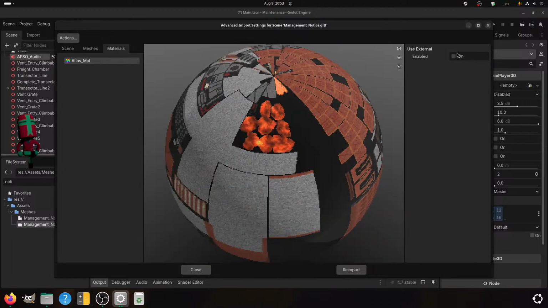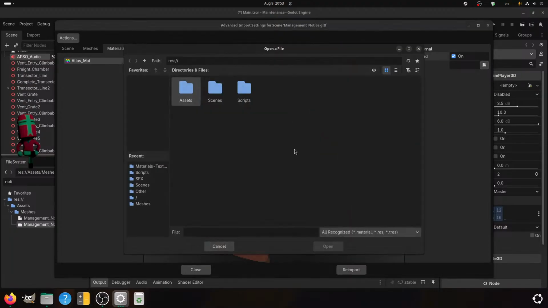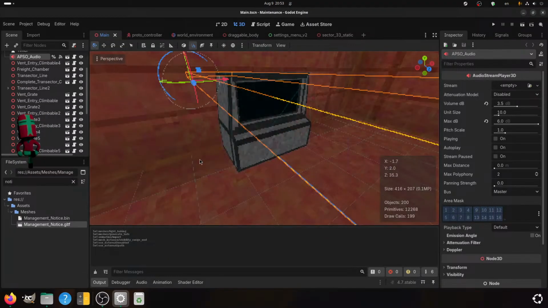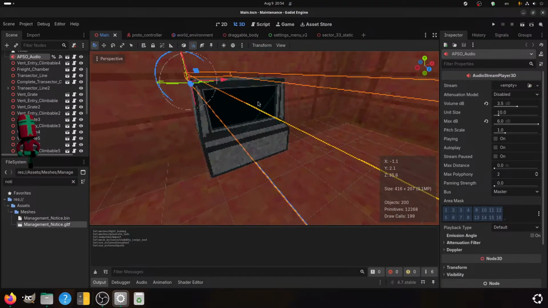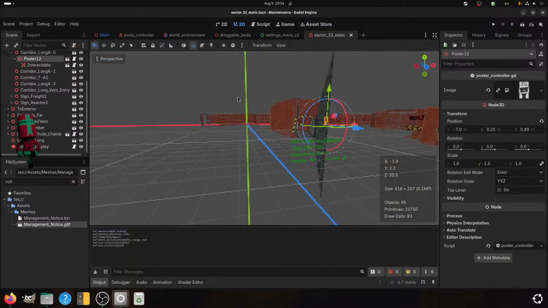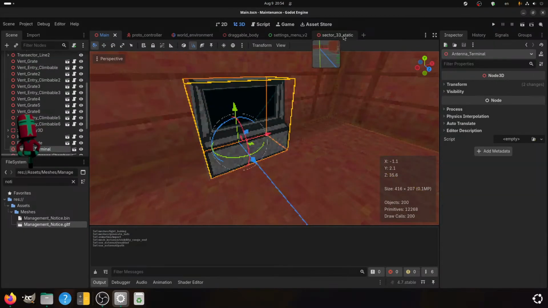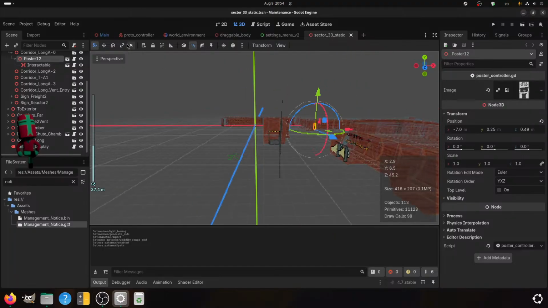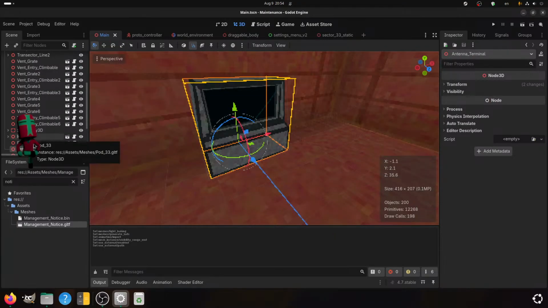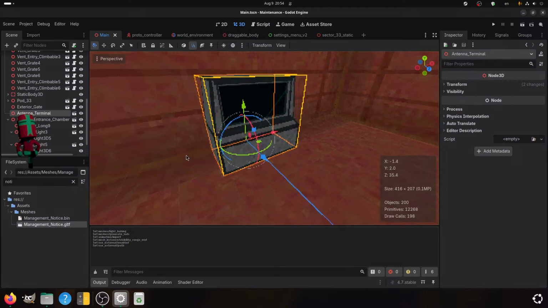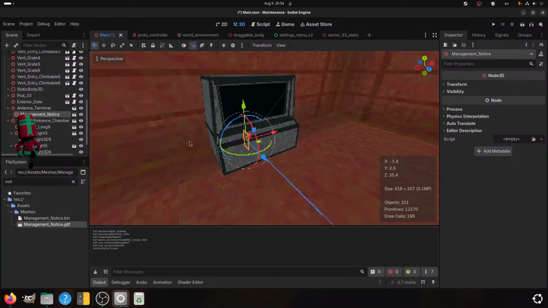And materials, enable assets, Atlas re-import, and I can put you, I mean I can put you here too, I guess. Sure, I can do that.